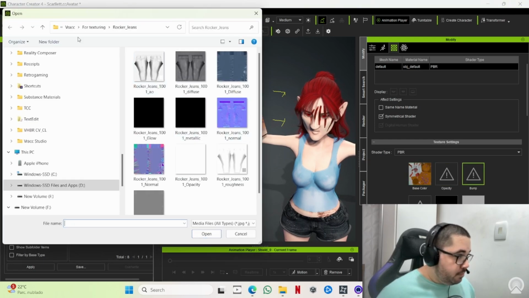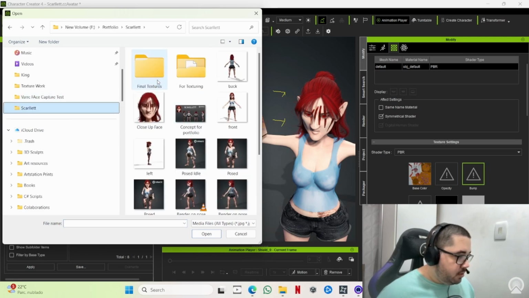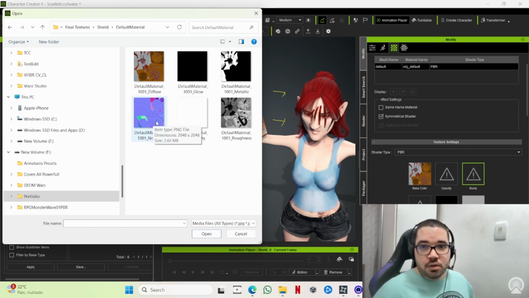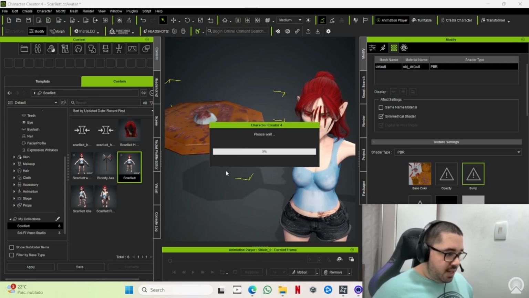Bump would be the normal map, and you guys can import it as bump map. I don't recommend making it a normal map just for the sake of the program. So bump map,